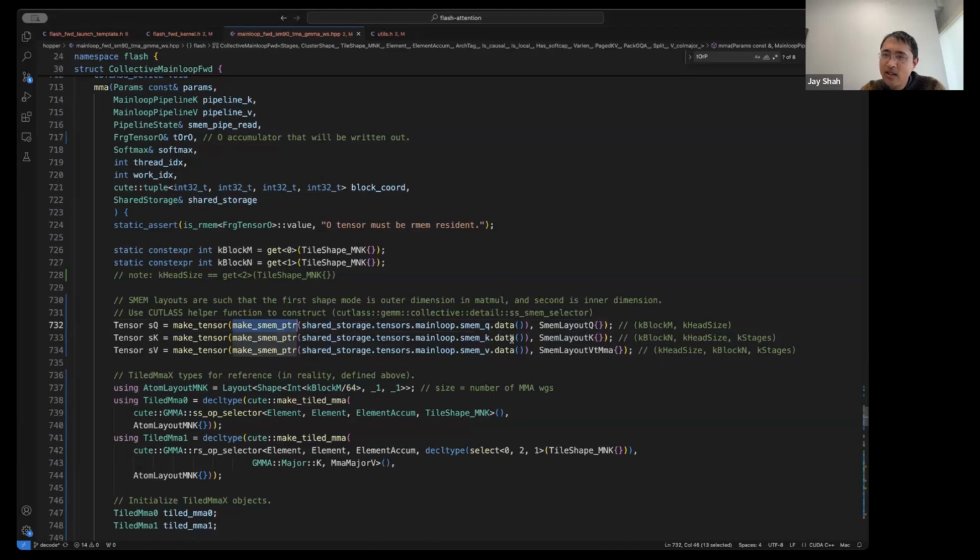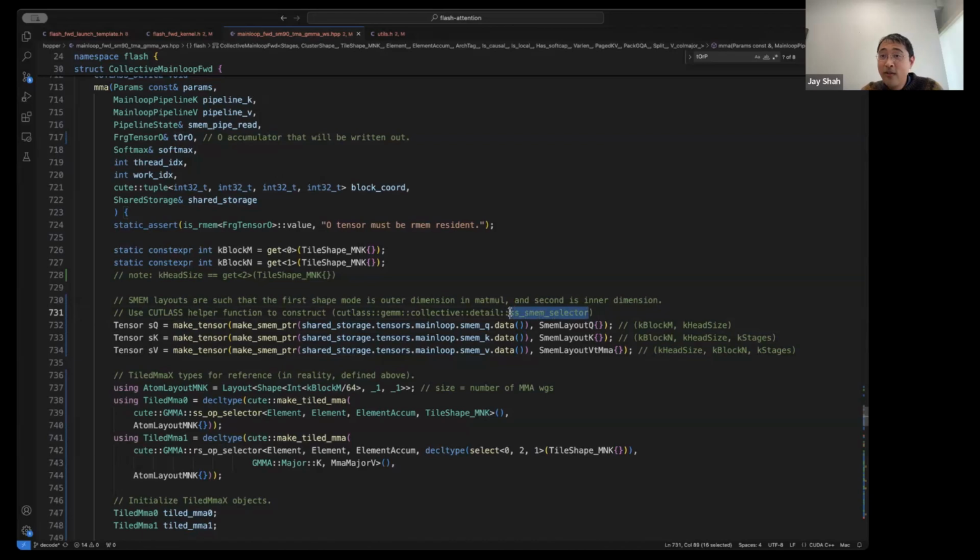I can pass it these objects in the shared storage struct, and construct a Cutlass tensor using that pointer and a certain layout. These layouts are something that I construct using a Cutlass helper function, because for the shared memory layouts, they have to conform, in terms of invoking WGMMA, to a certain specification.